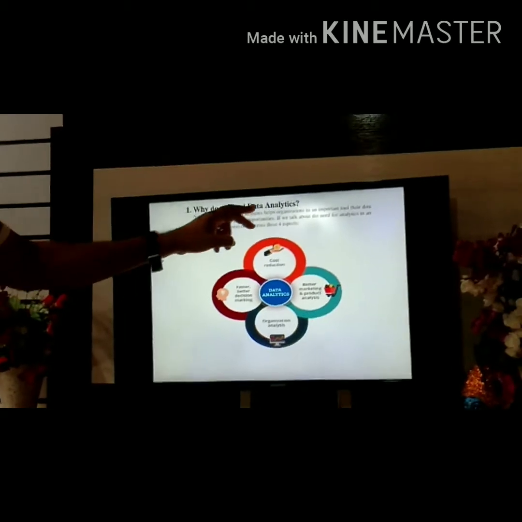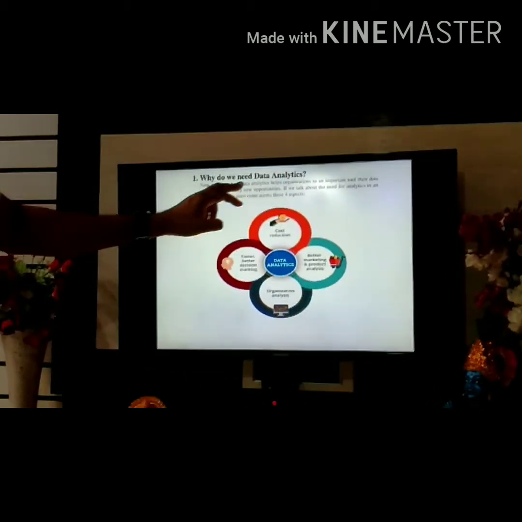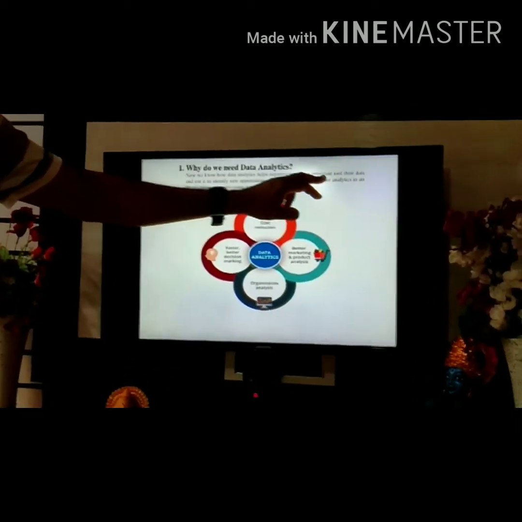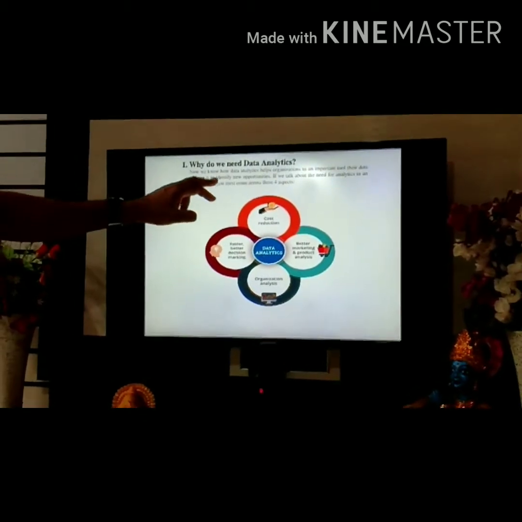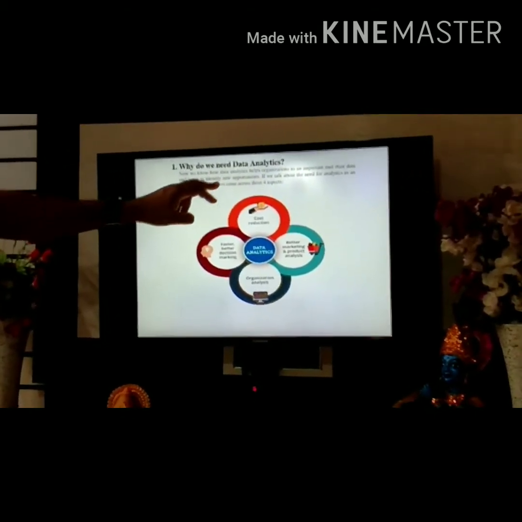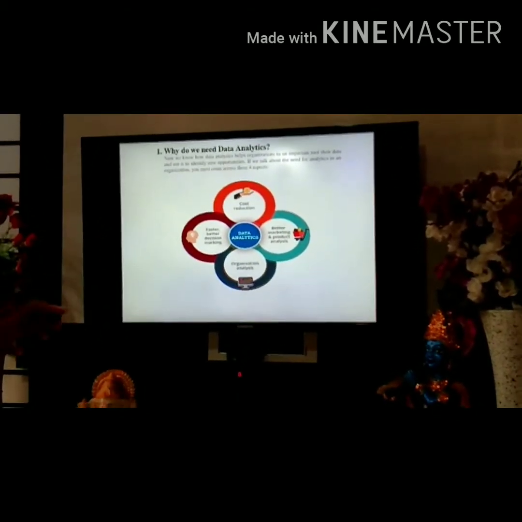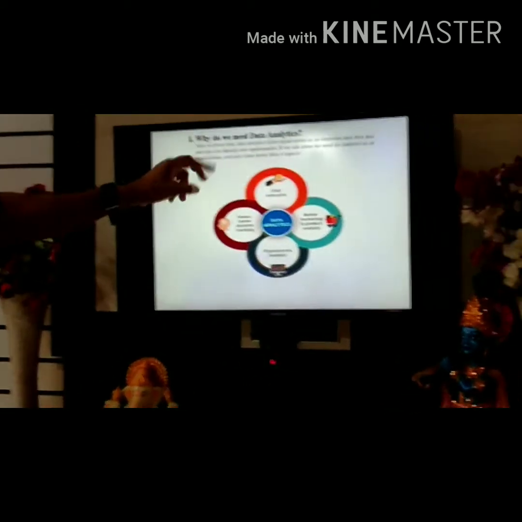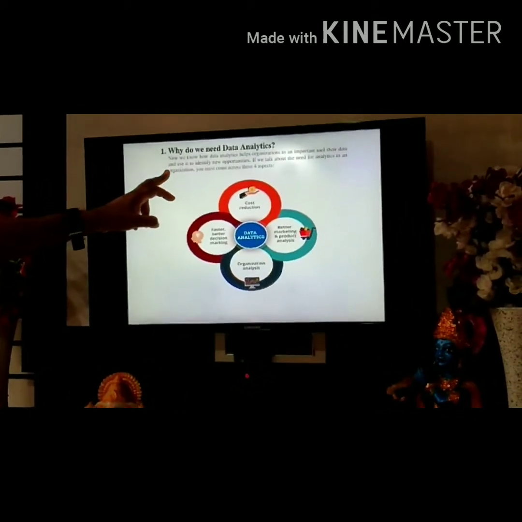So why do you need data analytics? Now we know how data analytics helps an organization use its data as an important tool to identify new opportunities. If you talk about the need for analytics in an organization, you must come across these 4 steps. Data analytics is very useful for any organization and business sector.